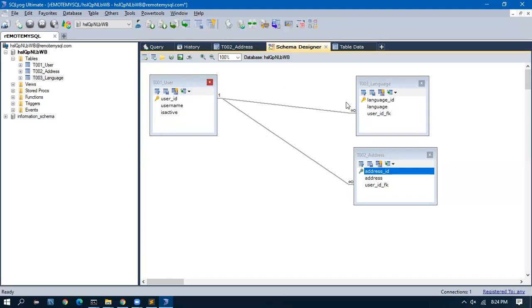It's not a big deal, but you have to understand this one to many, many to one. If you talk about the user screen, we say one user to many languages, one user to many addresses. The reason I'm saying this is that it will come in Hibernate exactly as I say. One user to many languages, one user to many addresses. If I speak in terms of language, it will be reversed: many languages to one user, many addresses to one user. If you have any questions, you can stop me.